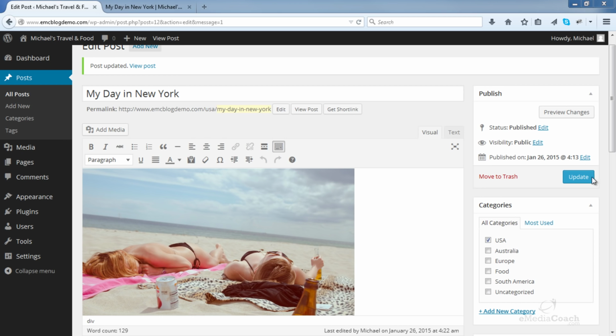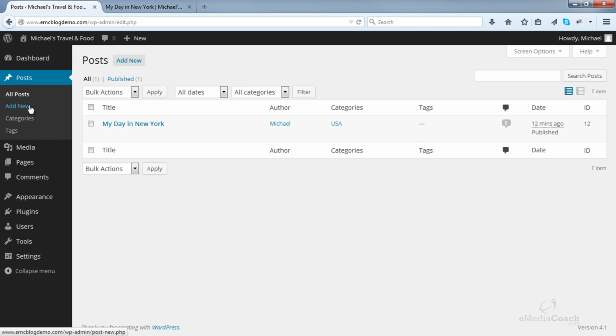To manage all your posts, go to the All Posts section. You can add new, you can edit a current post, or you can simply delete. So it's pretty straightforward. I will leave all that to you. Let me know by email or in the comments if you have any questions about that, but I think it's pretty straightforward.